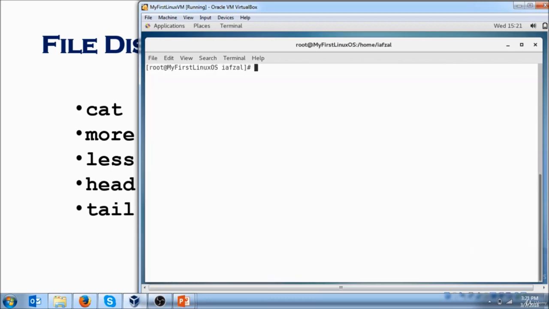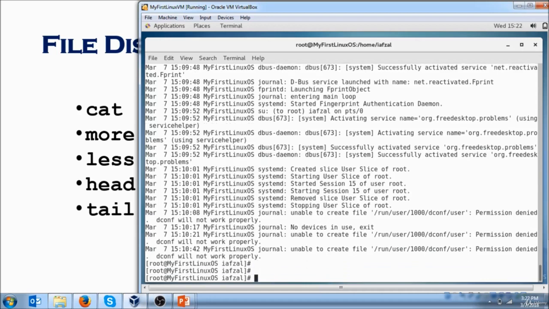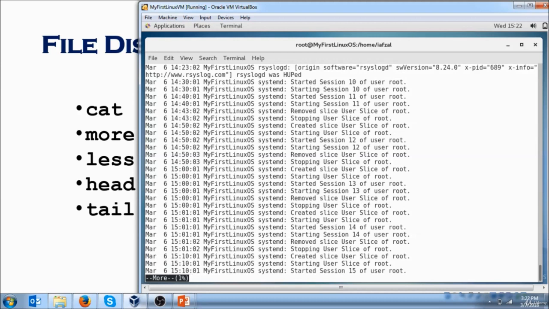So do a clear and then do cat messages again, and you'll see it has a bunch of text lines in it, and we could view it through cat, but then we have to scroll up. So another way so we don't have to scroll up: you do more messages. You hit enter, and there you will get one page at a time of